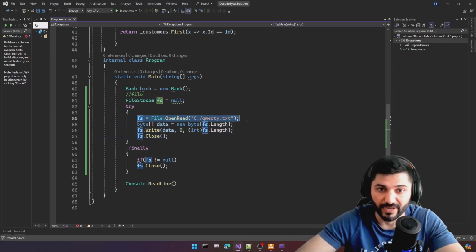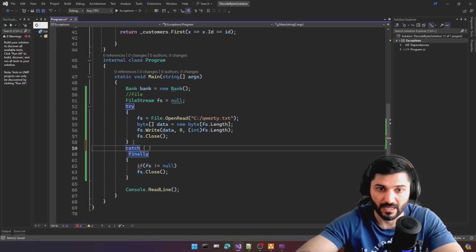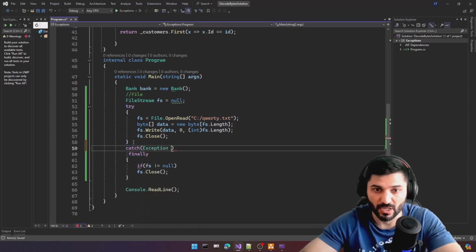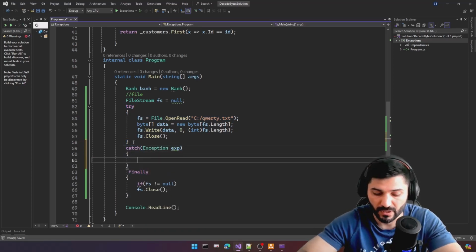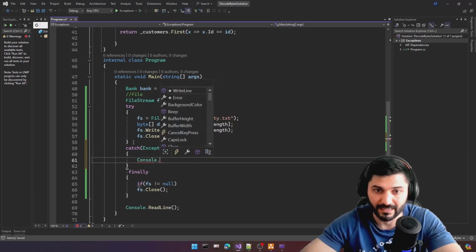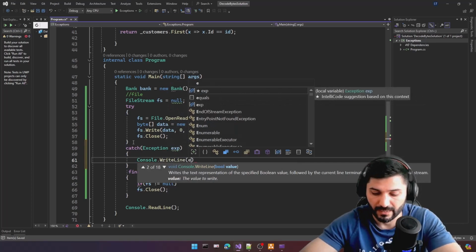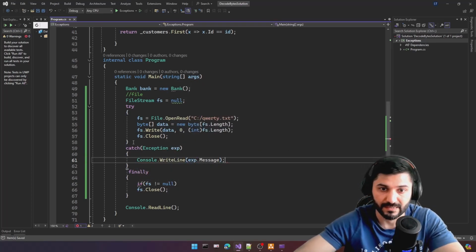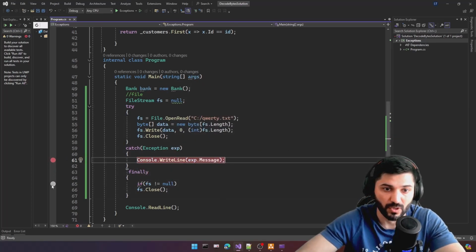In case of failure, our application will go to catch. Let's say this is our catch. Let's catch our general exception here. So let's just simply type Console.WriteLine exception.Message,